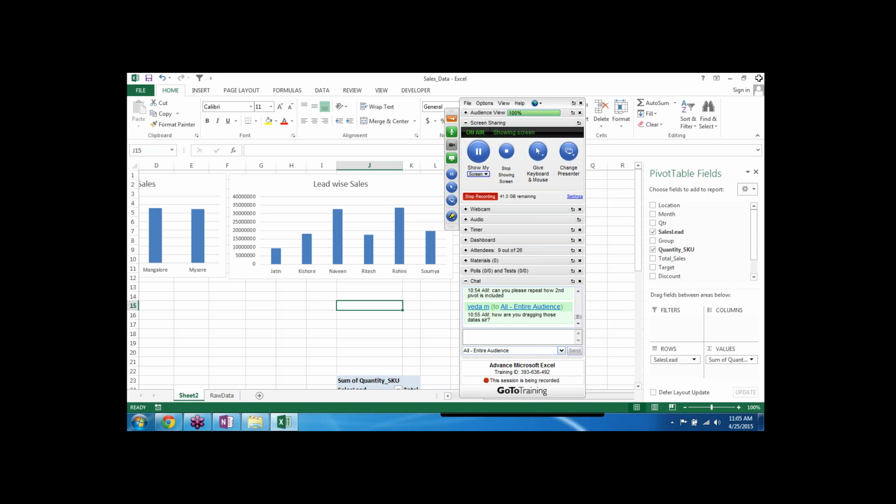Let me do one thing. I'll just come back. So in the meantime, let's take a short break for 5 minutes. I will just re-log in. Just give me 5 minutes of time. I will check the system and then I'll re-log in. So meanwhile, just take a 5 minute break and we will be back. Thank you all of you for joining this particular session. We'll be back in 5 minutes.